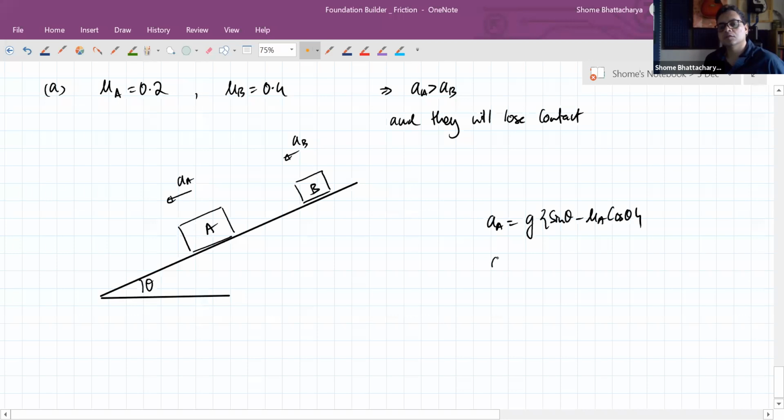Okay. Or otherwise, you can just make the free body diagram. And from that,